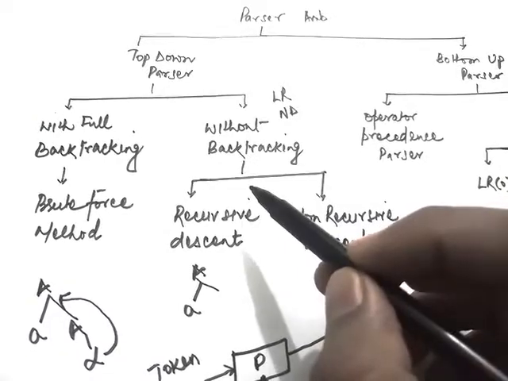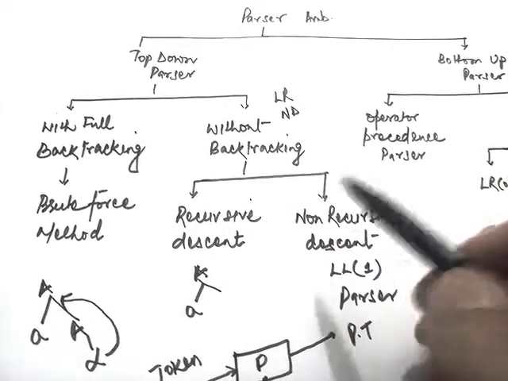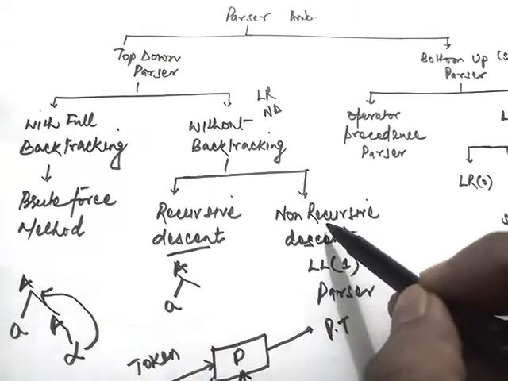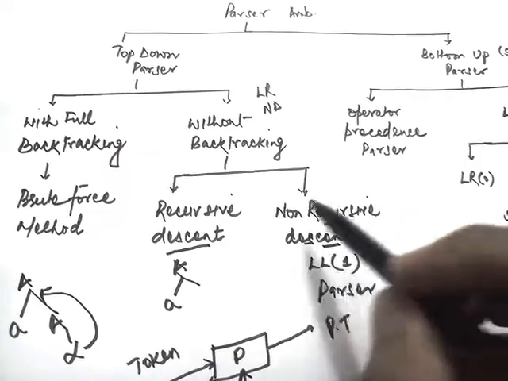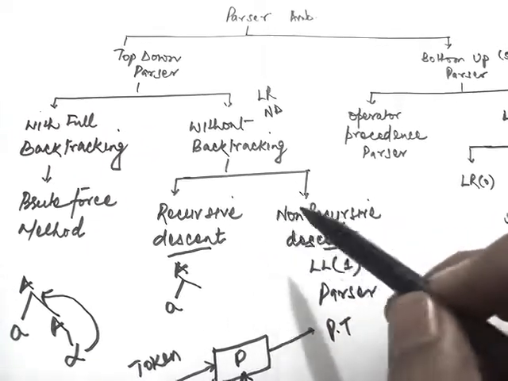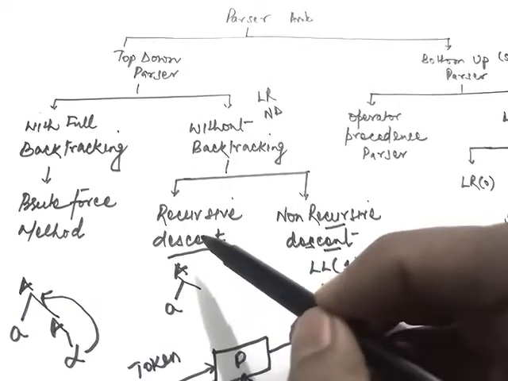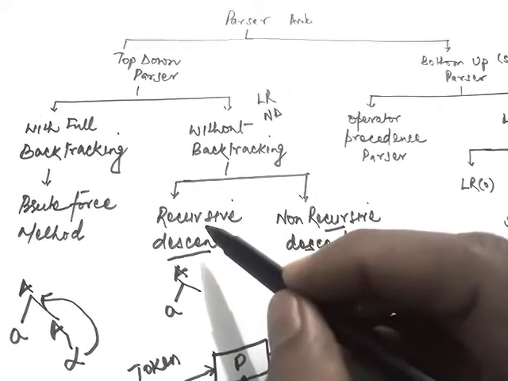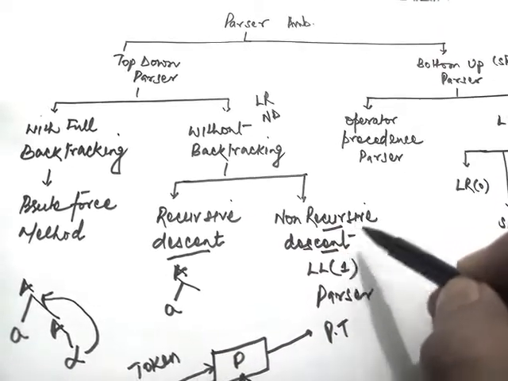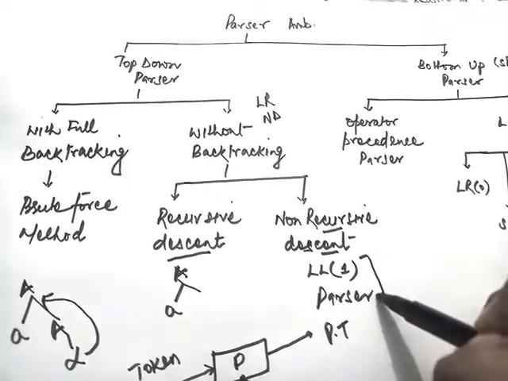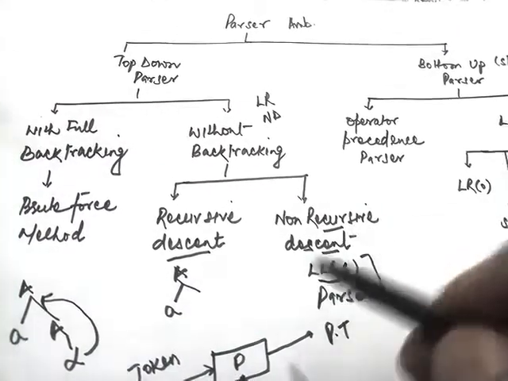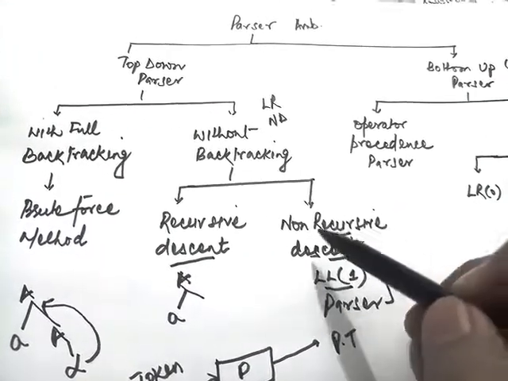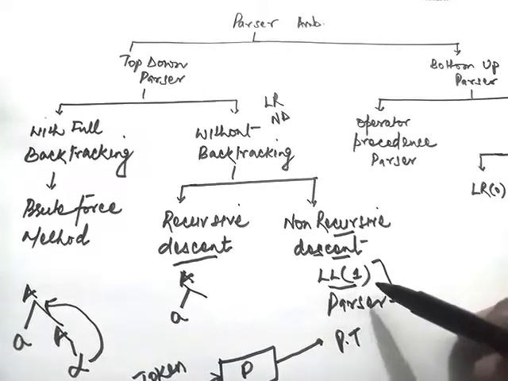And the without backtracking parsers are again divided into two parts. One is called recursive descent parser and another one is called non-recursive descent. And why are they called recursive or non-recursive? In recursive descent, the parser uses recursive functions, that's why they are called recursive. And this non-recursive descent parser is also called LL1 parser. We will discuss all these parsers in our coming videos. So you can say non-recursive descent or LL1 parser,